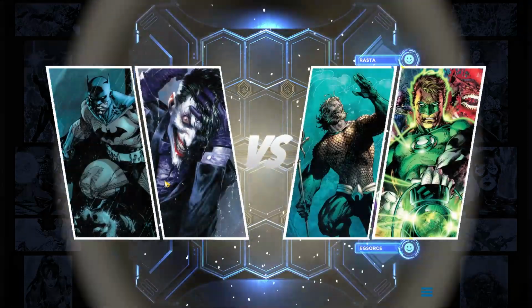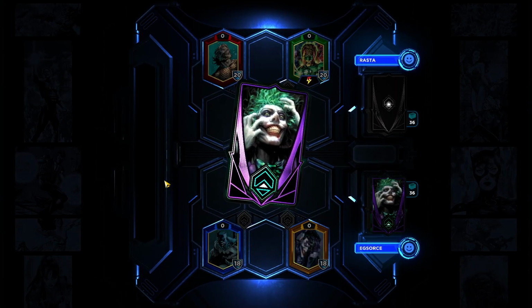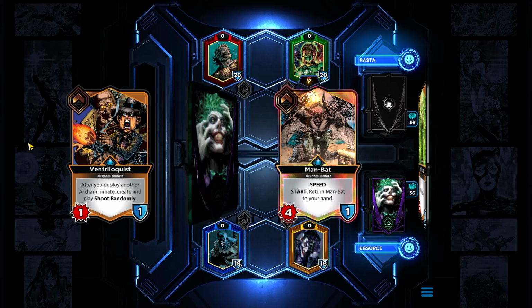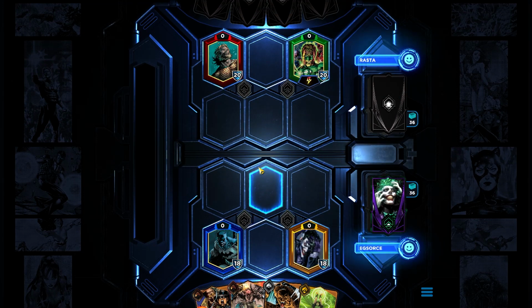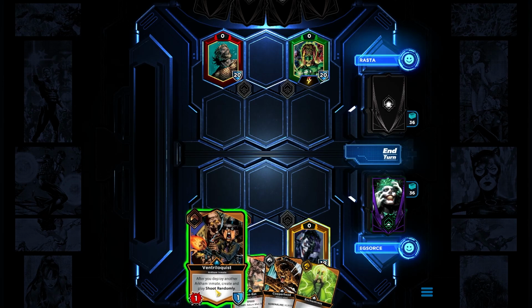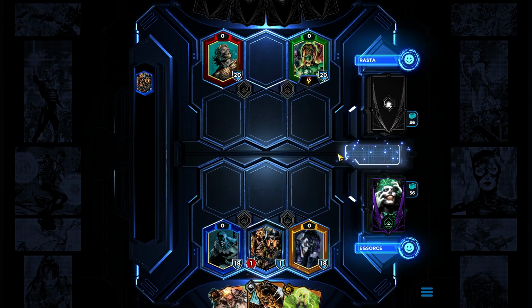Alright guys, we're jumping into our next matchup against an Aquaman and Hal Jordan deck, a red-green. This should definitely be a little interesting, different colors than what we've got. I don't need these two silvers off rip, but Ventriloquist and my Man-Bat work if I go first, which I do. So as long as he's not holding Energy Blast in his opening hand,